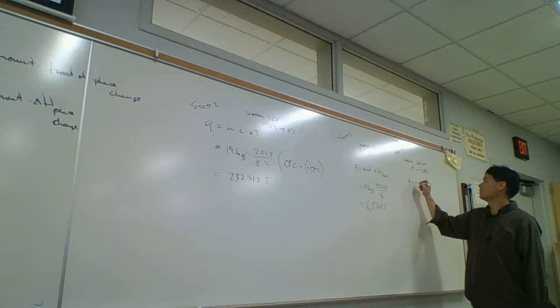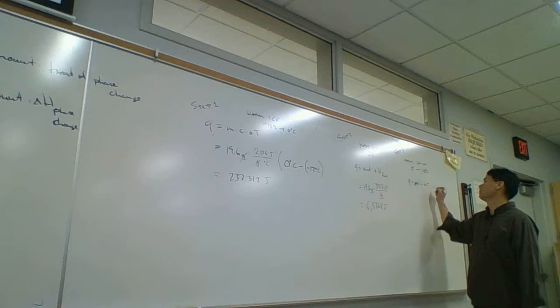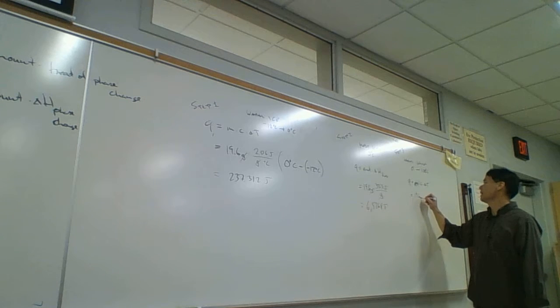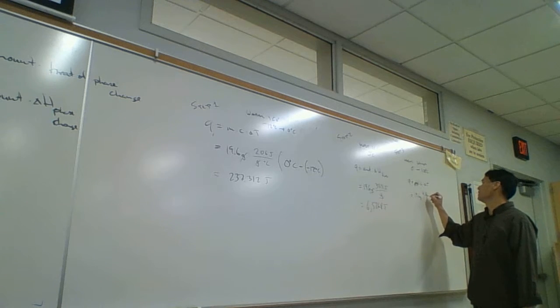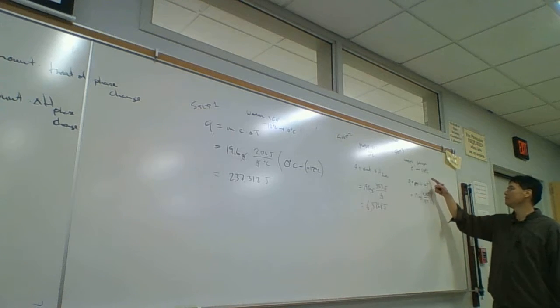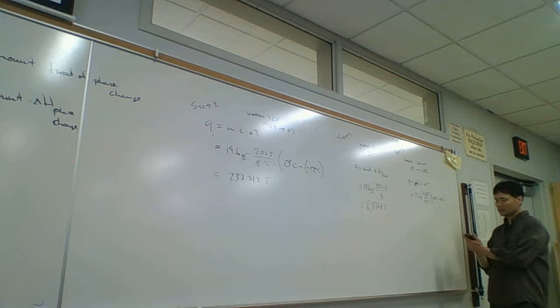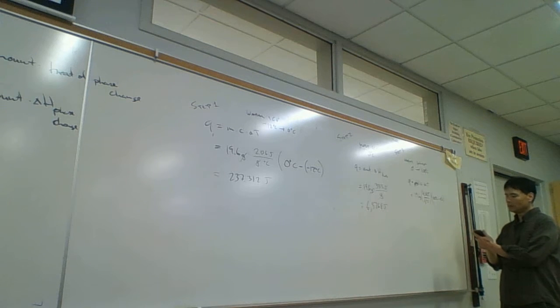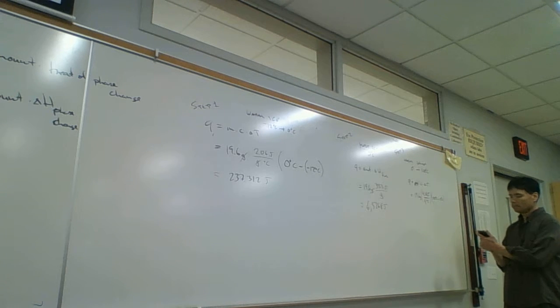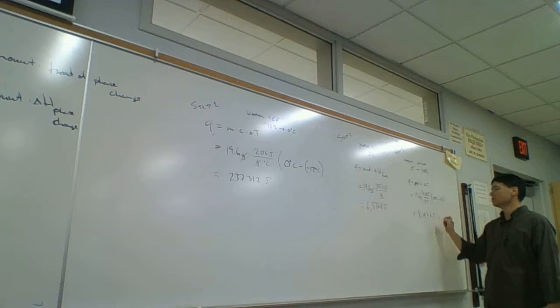And so that's warming an object. The object is a sample of water. So Q is equal to the amount times C times delta T, or MC delta T. And so the amount is 19.6 grams. C is 4.18 joules per gram degree C from the table. And delta T is T final, 100 degrees C minus 0 degrees C. So we're going to increase the temperature by 100 degrees C. And so this gives me 19.6 times 4.18 times 100. And so I get 8,192.8 joules.